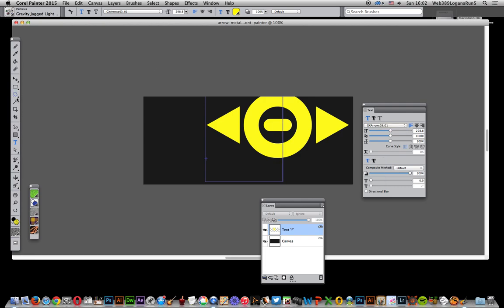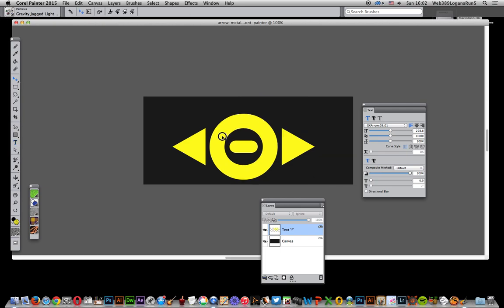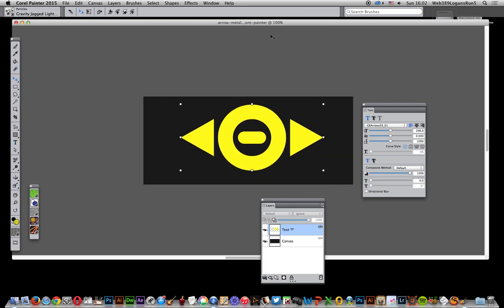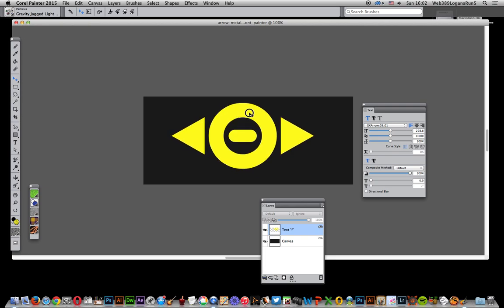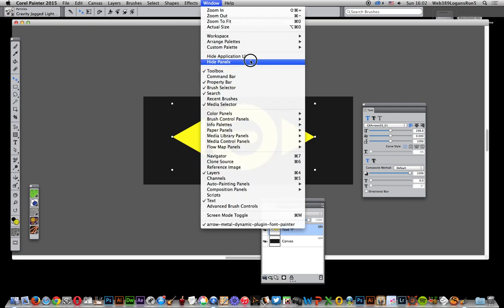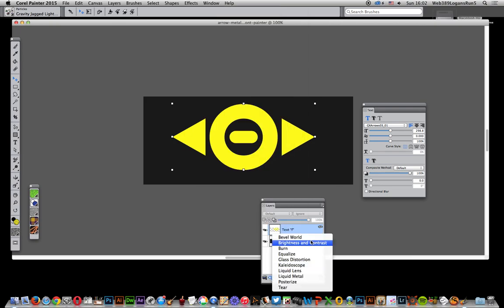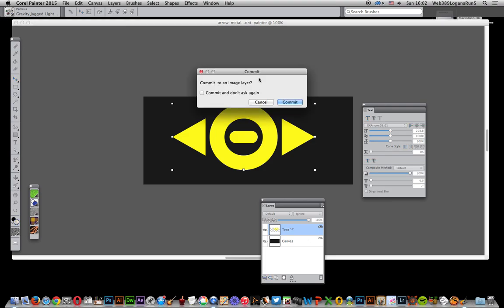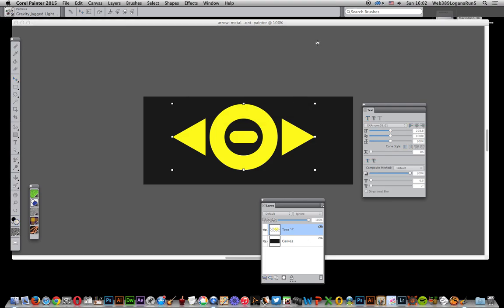But first thing to do, just going to go over to the layer adjuster, or move tool if you want to call it, as in Photoshop. Now I've got the design here. You can see over here, down here, it's the text layer, and the dynamic plugins can be found there. You can't see the layers, it's just down here. Right, I'm just going to go to Bevel World, commit to an image layer. Well now, just going to go for image layer and there it is,